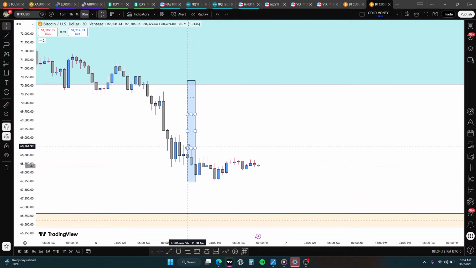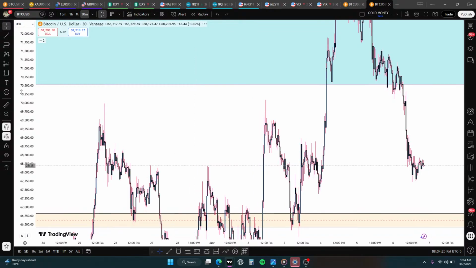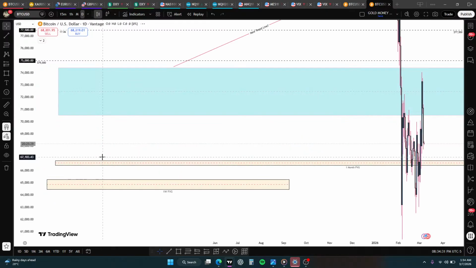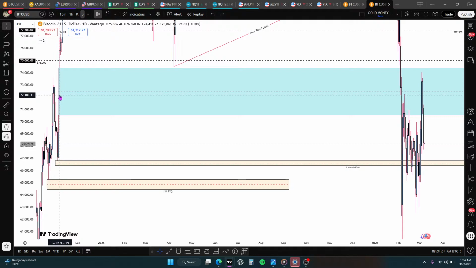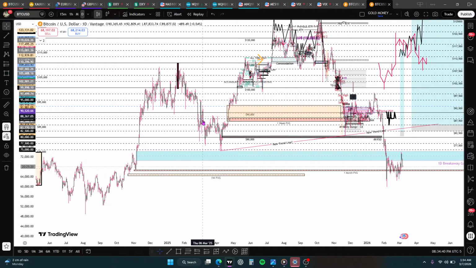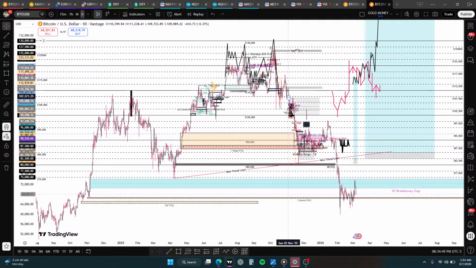What you can see that I have on the chart here. Oh wait, I'm just gonna delete these so that we can really get into the nitty gritty of what's going on here. So this is a breakaway gap from, I'll just show you, it's just easier. It's from November 2024, before Bitcoin had this initial bullish run. We rejected the breakaway gap here and then continued higher, took out sell side, formed multiple all-time highs, and then we've come back down into the breakaway gap,